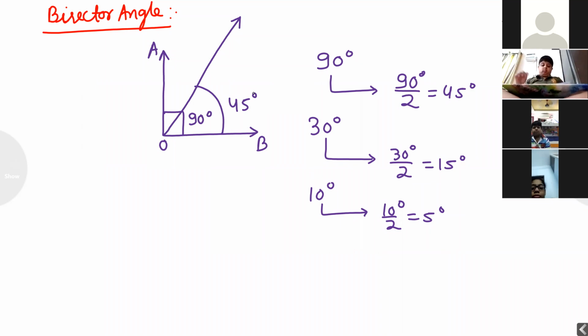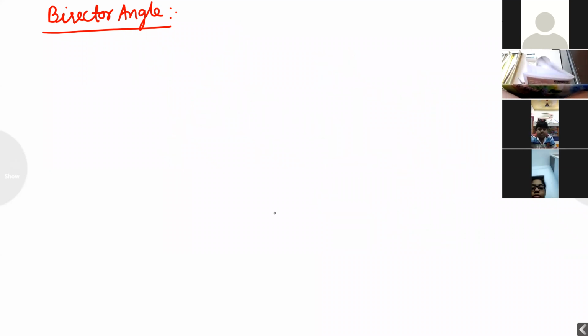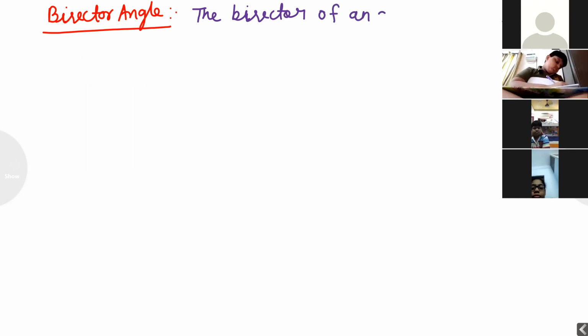What is the meaning of bisector? Bisector means the angle is divided into two equal parts. Bisect means division, to divide into two equal parts. Note down this concept. The bisector of an angle